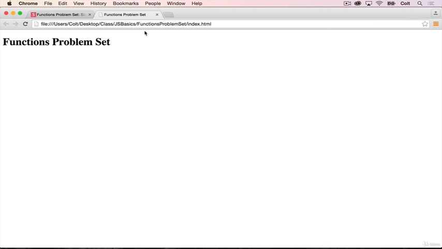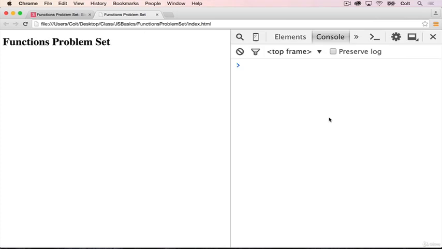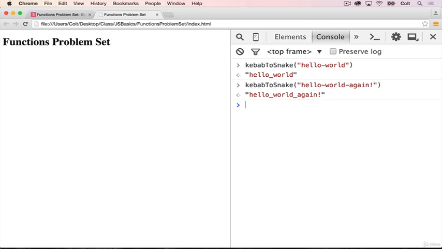I'm going to refresh my problem set page and try kebab to snake of hello dash world. And we get hello underscore world. Let's try it again with hello world again. And you can see it replaces all dashes. So that's it there. So again, the focus in this exercise was really on Googling and trying to find information